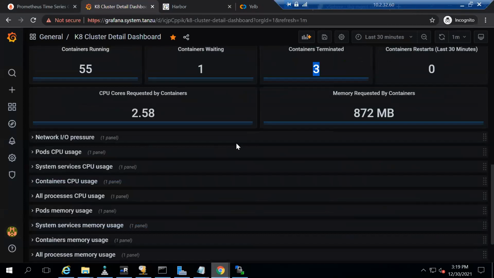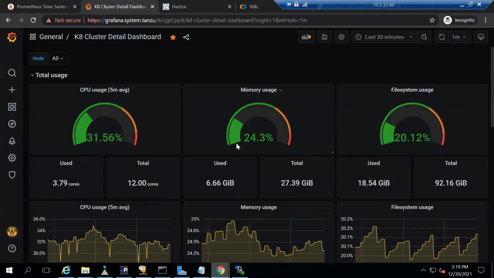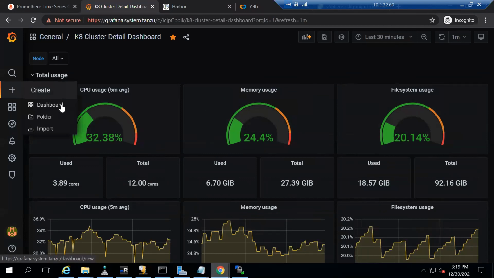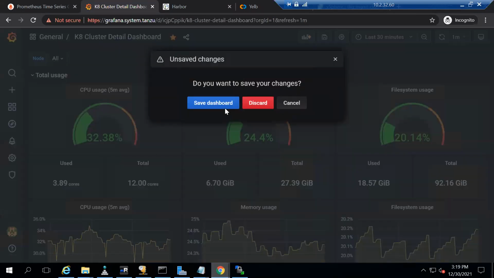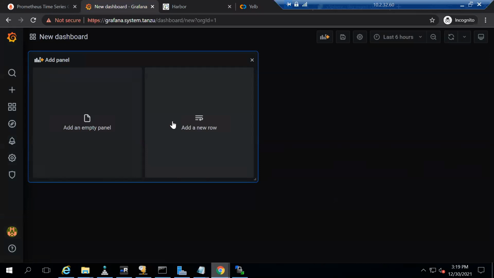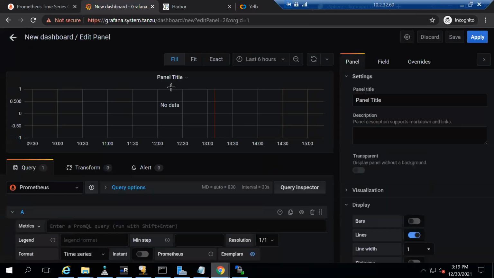And you can run your own dashboard to define, like, if you want to monitor a very specific application, you do not want the generic applications, but you want to monitor your very specific applications, you can do that as well by creating your very own dashboards with the queries that you want. You have options to create your own dashboard, you can create a panel, and you can define your own queries over there.